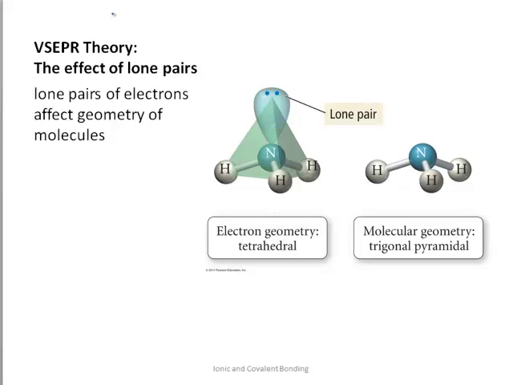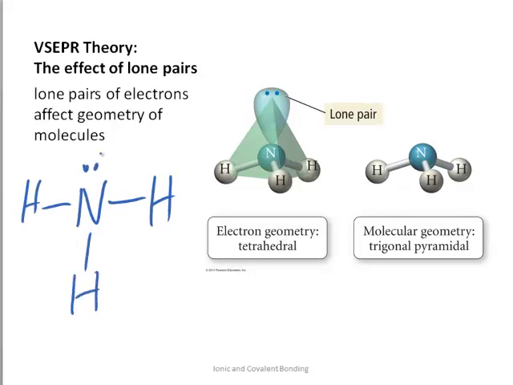Okay, so far all we've considered are electron groups that are bonded to atoms. Next we're going to take a look at the effect of lone pairs. Okay, so the first example will be ammonia. We've already discussed that if we draw the Lewis structure of ammonia, we'll see that it has 3 hydrogens bonded to the nitrogen, and there's a pair of electrons to give nitrogen the octet, and we will call those lone pairs